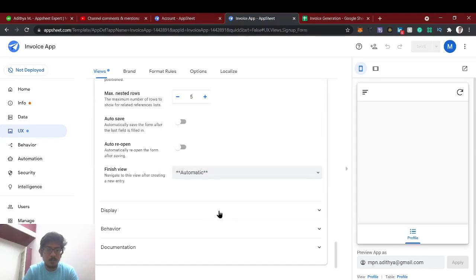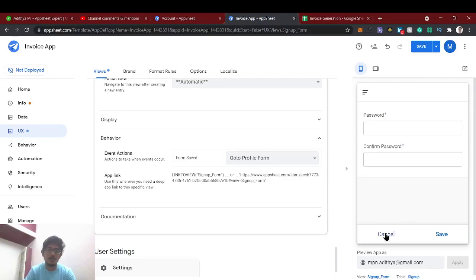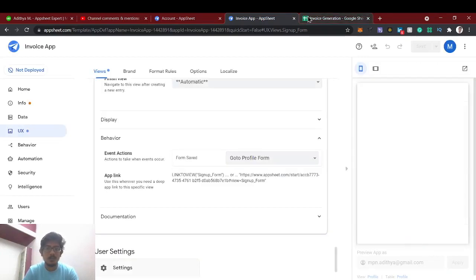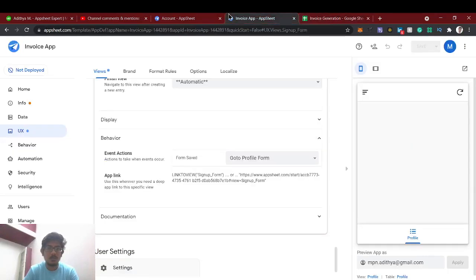Once he signs up, in the behavior we will use the action called go to profile form, then we will automatically go to the profile form, and then now we'll see how it works. So we'll just delete this, freshly, and then copy this app,